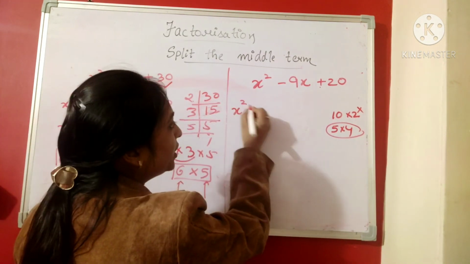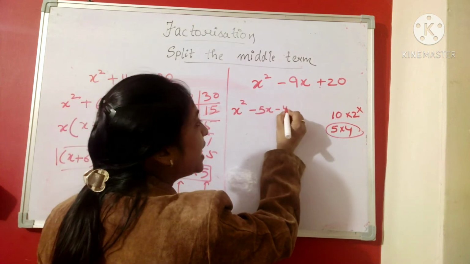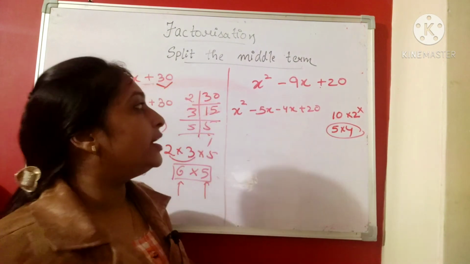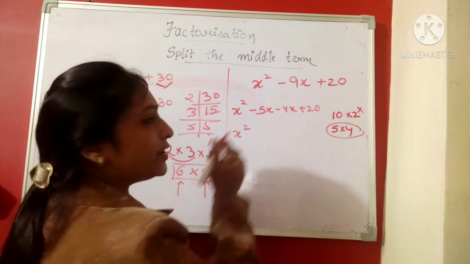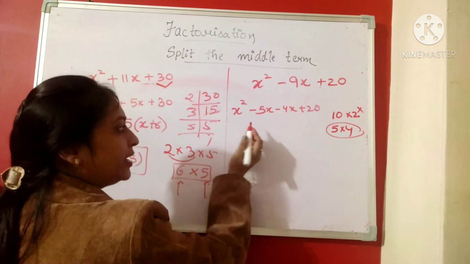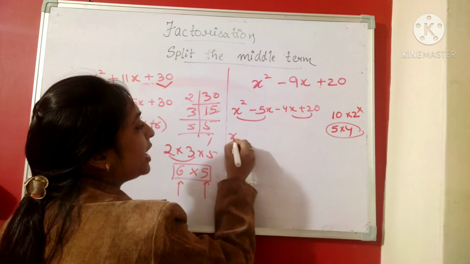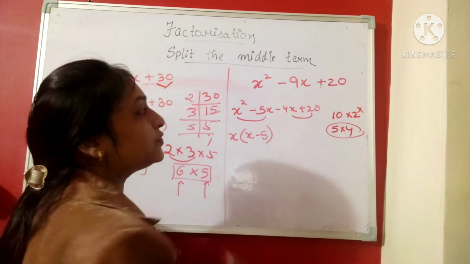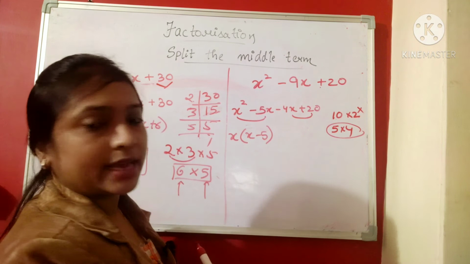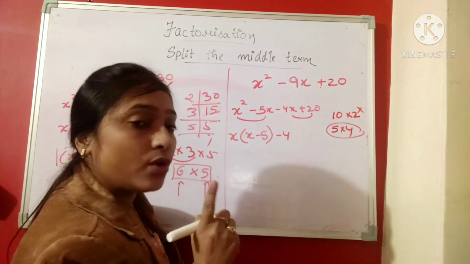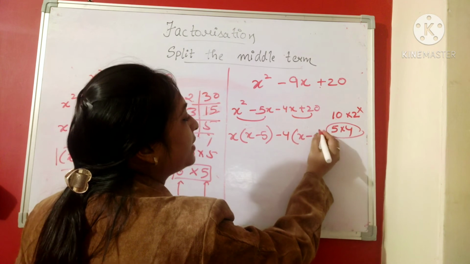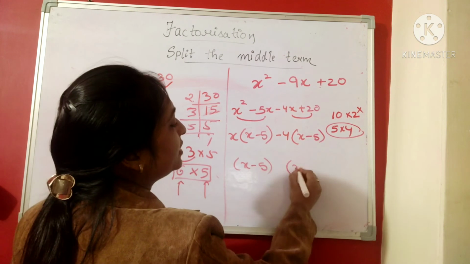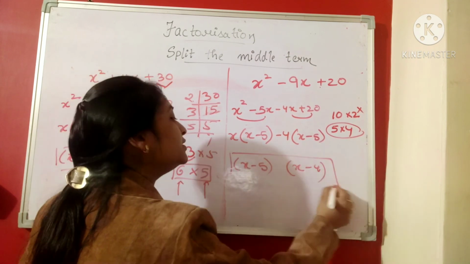So what we have to do here, we will write minus 5x minus 4x plus 20. Now minus and minus is plus, which has to be done according to this sign, and we put the sign of the greater number, so it is minus also. It's very correct. Now from these two terms we will take x common, so x minus 5 will be left, and here also. Now it's minus 4x plus 20, but we want a minus sign here, so we will take minus 4 common, which will leave us minus x minus 5. Again x minus 5 is common, so we will keep it like this, and we are left with x minus 4, so this becomes the answer.